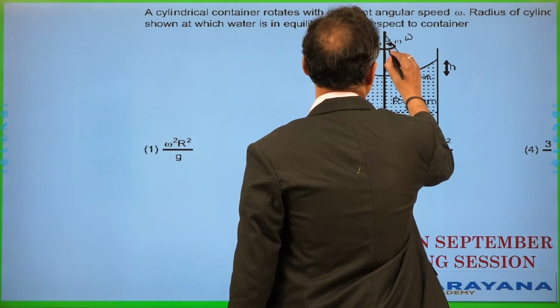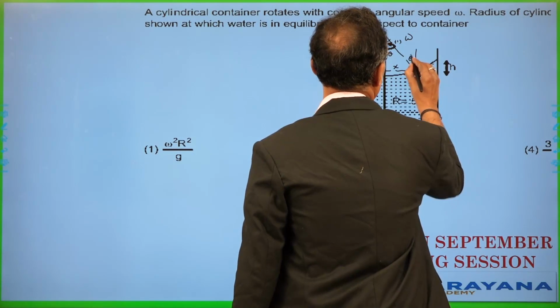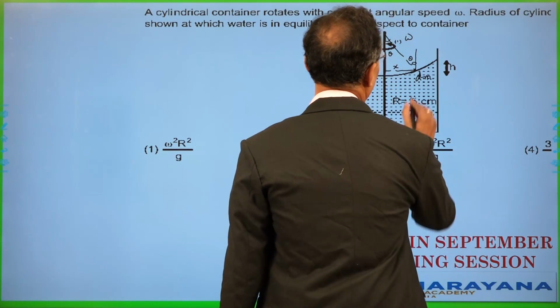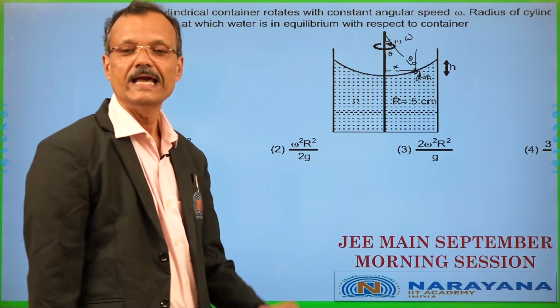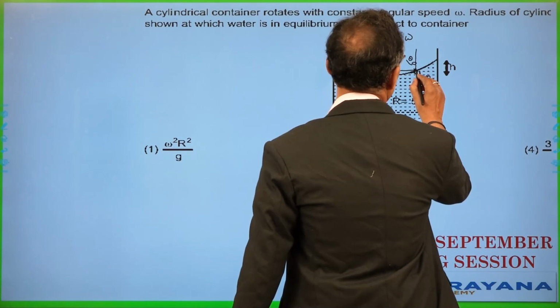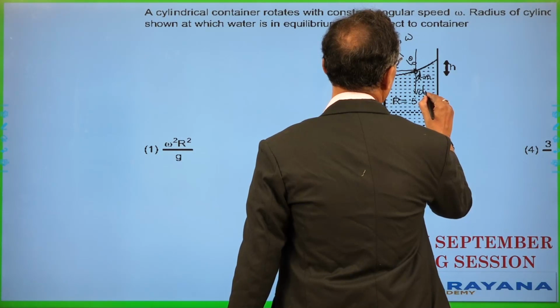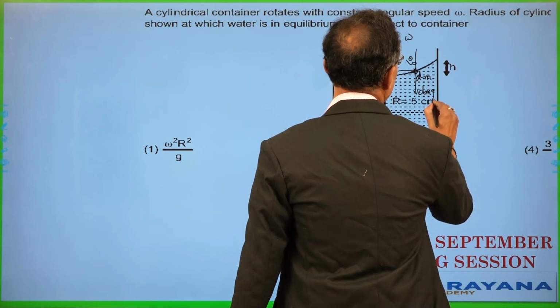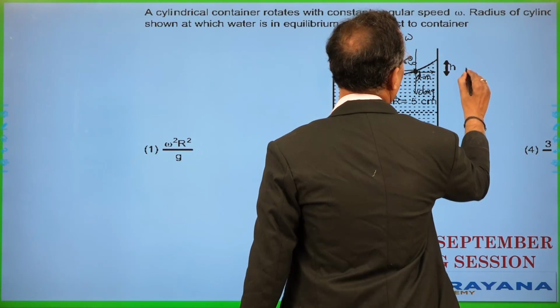If this angle is theta, here also this angle will be theta. To see here on this dm, its weight dmg will act vertically downward. Okay, no? And the centrifugal force here will act